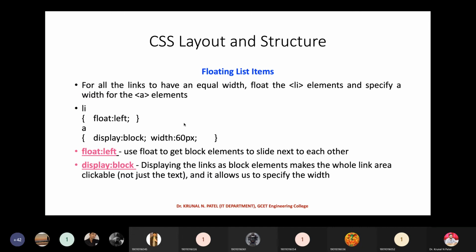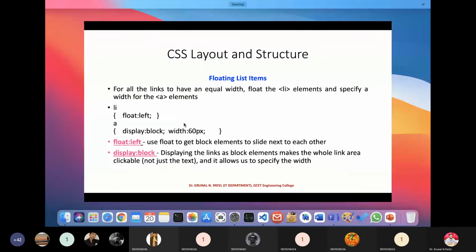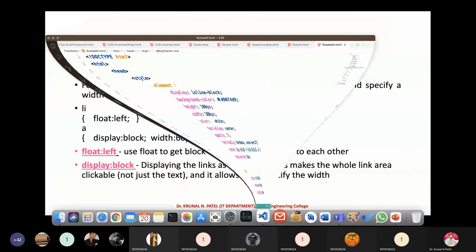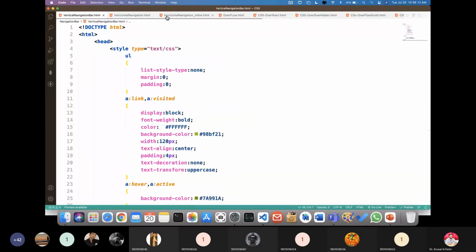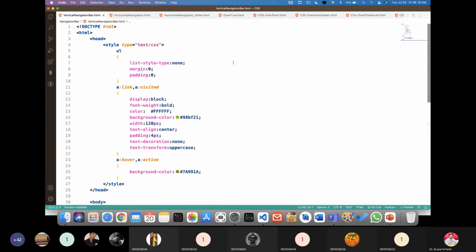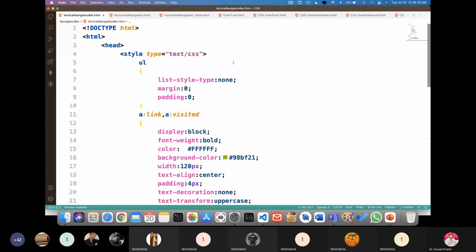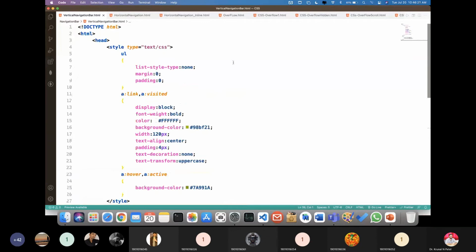So let's go for the example, so you can get the idea how these properties are working. For that, I have created the code over here. First of all, we go for the horizontal navigation bar or a vertical navigation bar. So let me increase the font size.